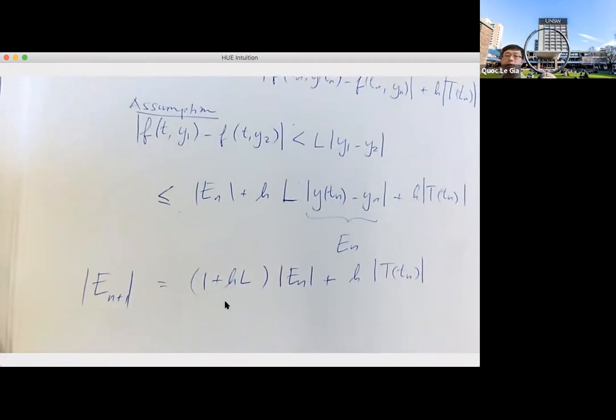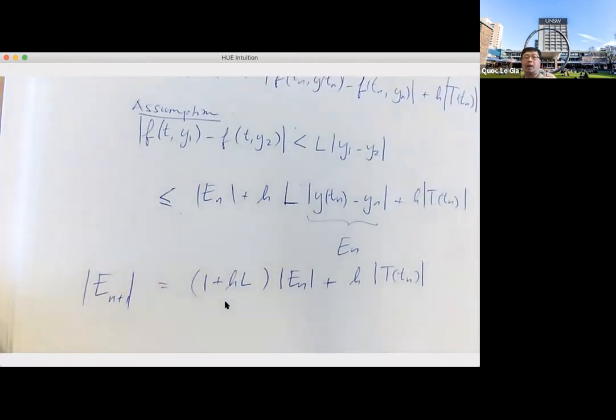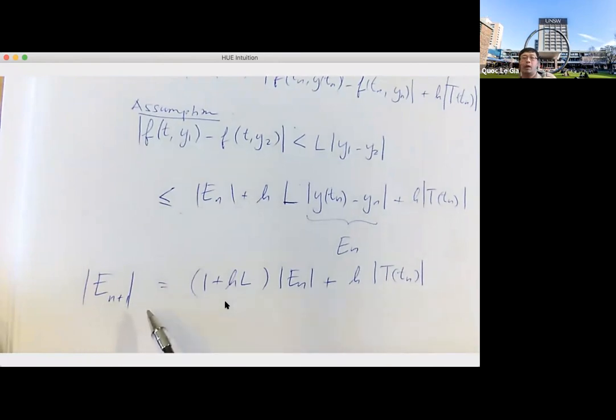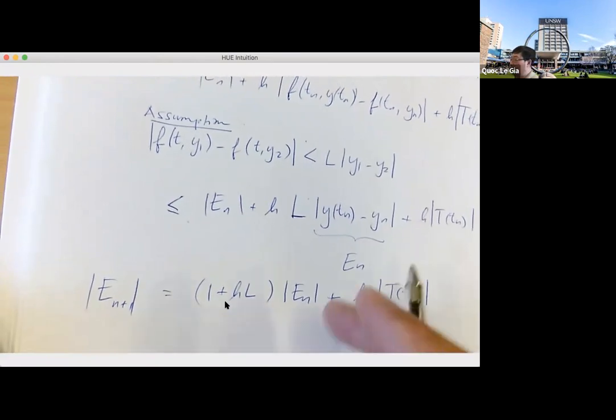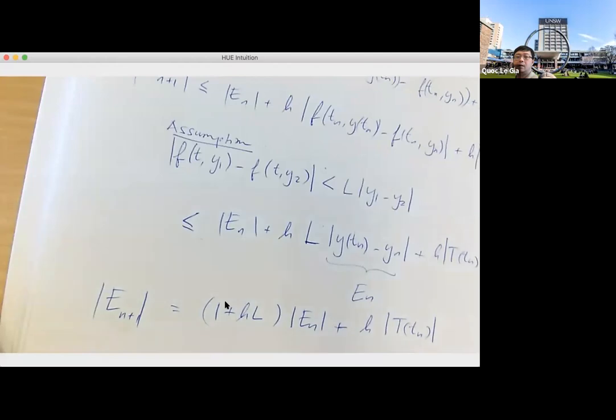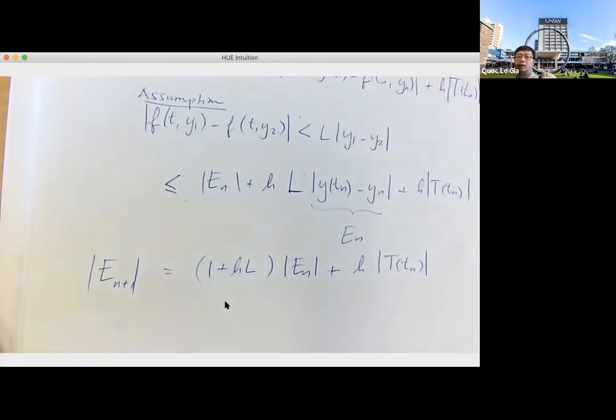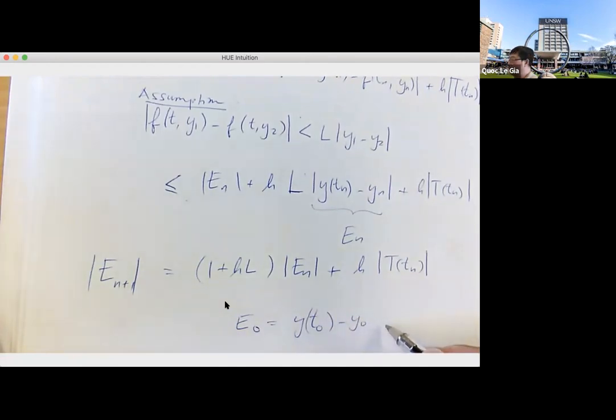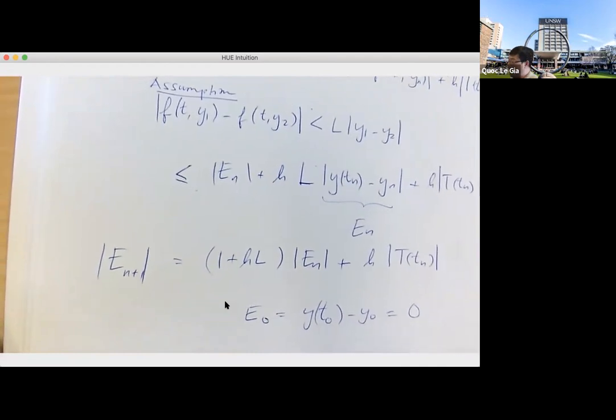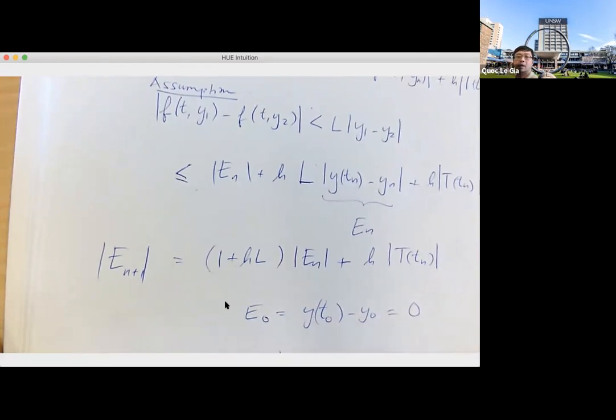So it's like a recursive relation. And I use this recurrence relation to get E_{n+1}. Suppose I put in n equals 0. So what is E_0? E_0 is given, it is just y(t_0) minus y_0, so it should equal 0. And after that, E_1 is less than or equal to 1 plus hL, where L here is just the Lipschitz constant,